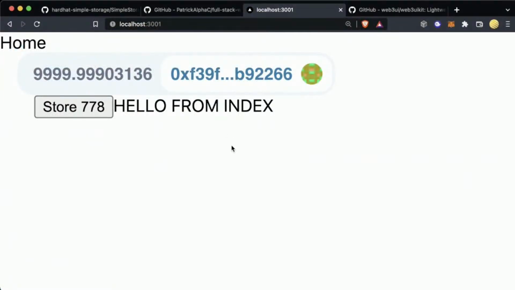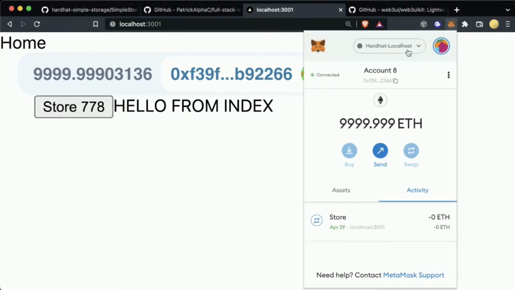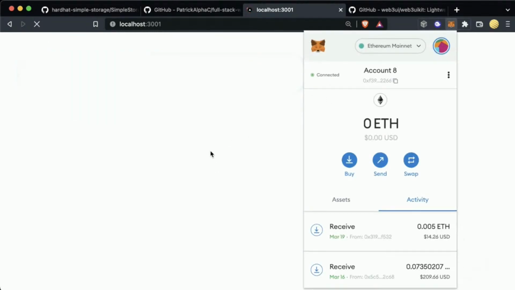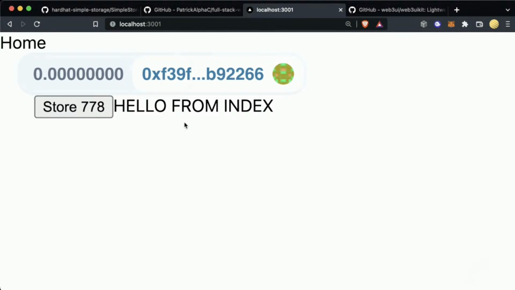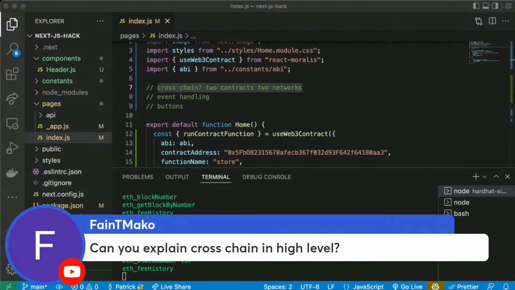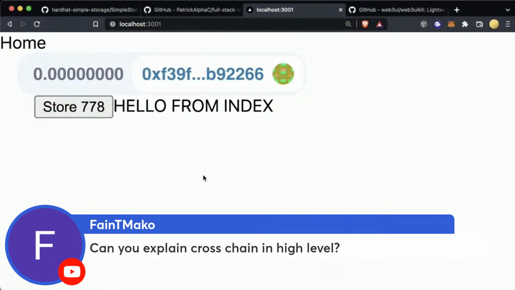Actually, I'm not even sure what you'd want to see with this. When we change networks, our front end updates. Oh, am I not running this anymore? Oh, can you explain cross-chain from a high level? Okay. Gotcha. Cool. I like that a lot better because demoing that would take some time because we'd have to spin up 2 chains, 2 contracts and do some stuff.